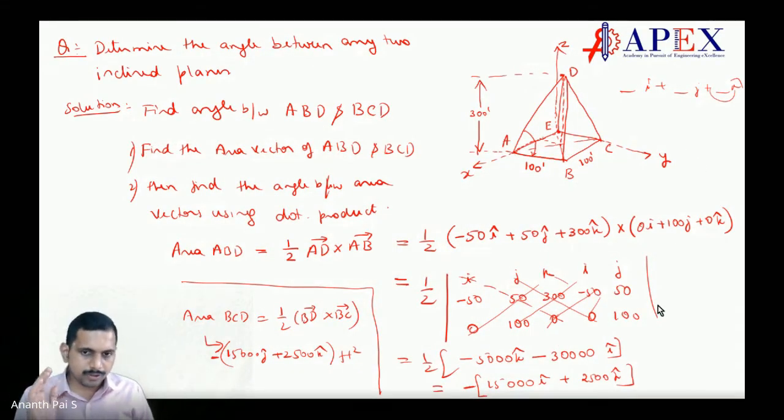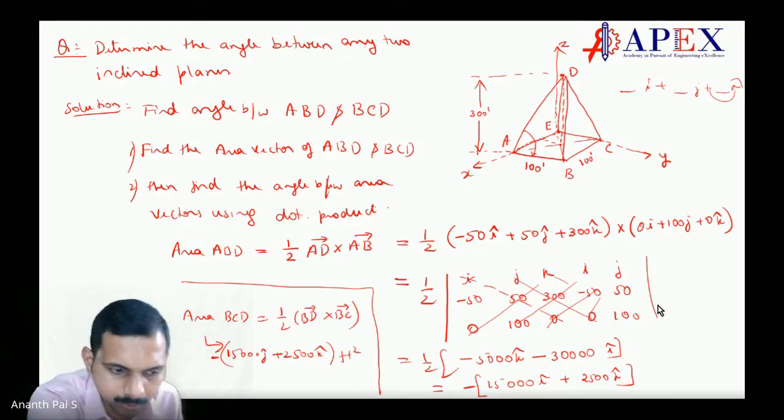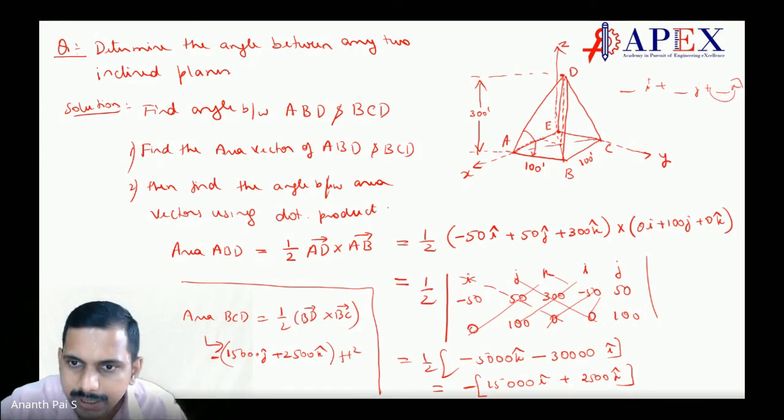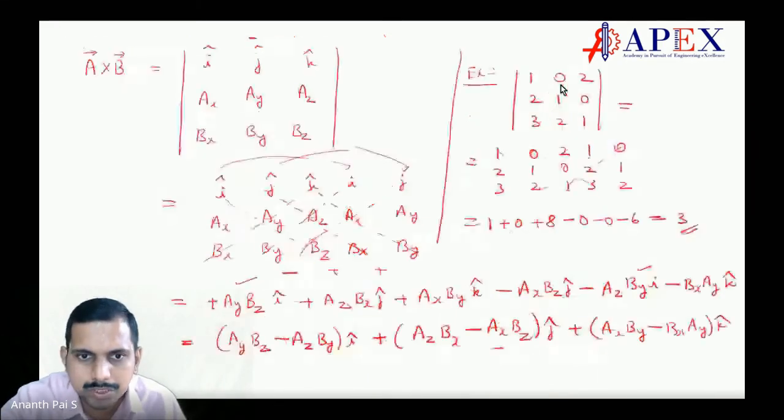Now, first of all, Sir, my doubt is, sir, with respect to A point, we have to find the coordinates of D or what? That's what, yeah, with respect to A only, yes. Because we are telling this vector, understand. So we are saying this vector, okay. We are using this method, let us understand.